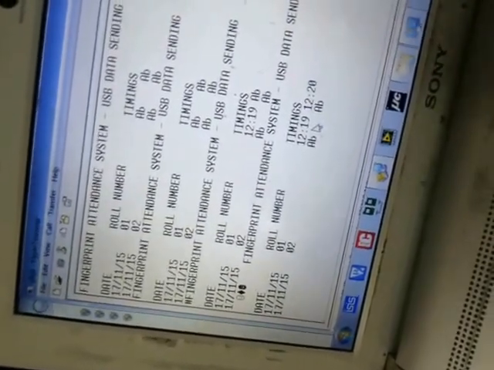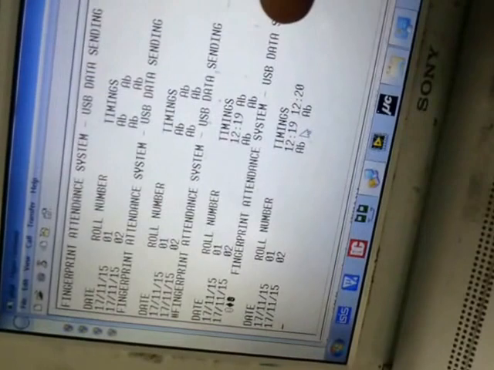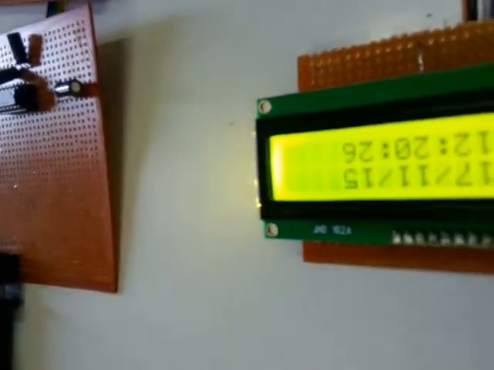Now if you want to update the timing again, like it's 12:20 and the time now is 12:20 again, I'll update the time first, wait for the time.